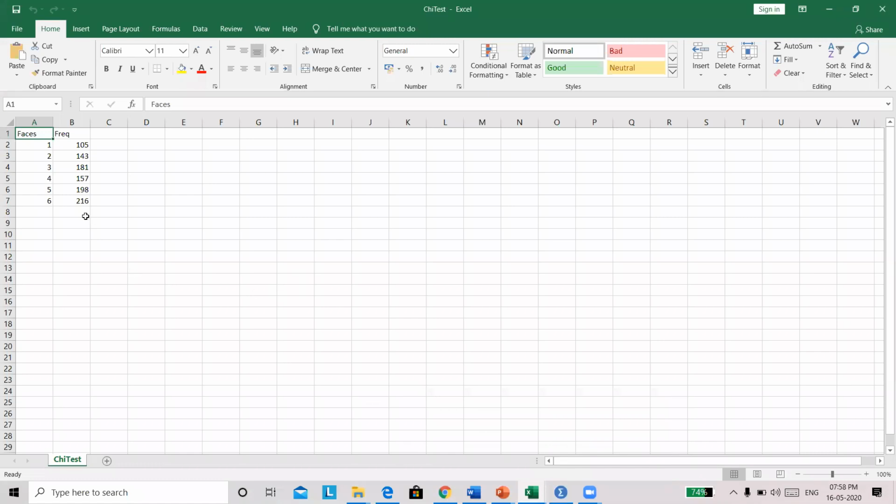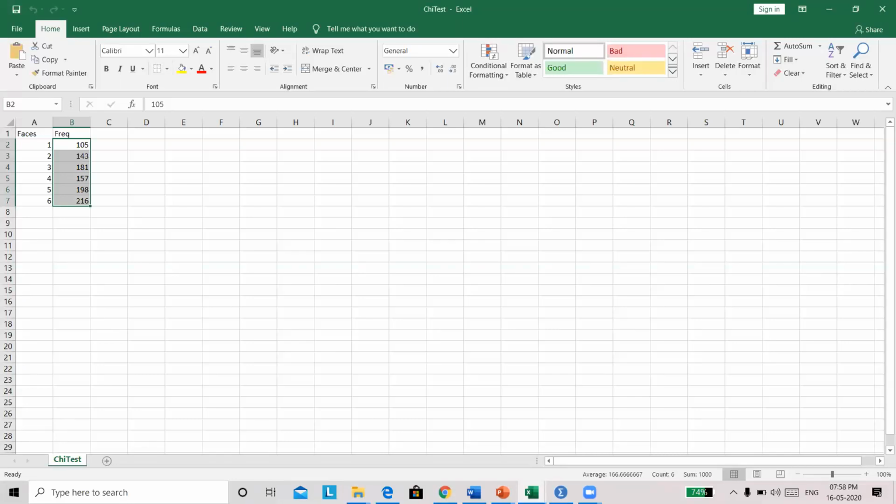Okay, so this was the one that we were looking at, right? So we were testing whether a particular dice is fair or not, and it has been rolled many times. If you sum it up, probably it has been rolled 1,000 times. You can see here, right? And you want to see whether this is a fair dice or not. For that, you are going to use the chi-square distribution, and your assumption is that this is a uniform distribution.